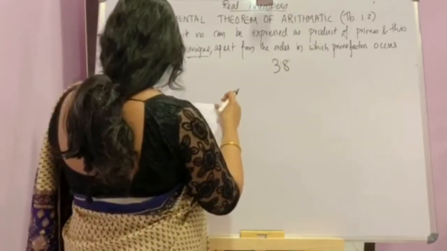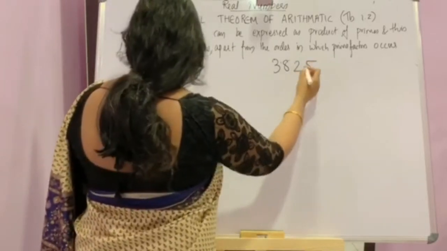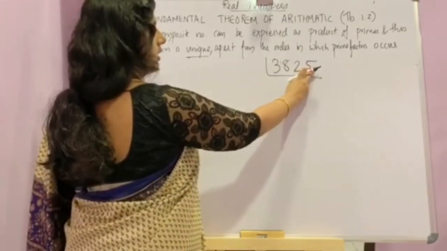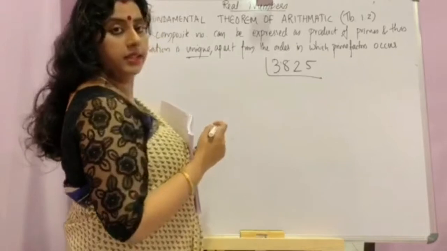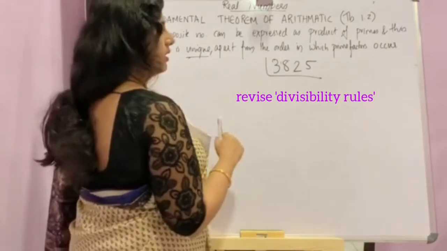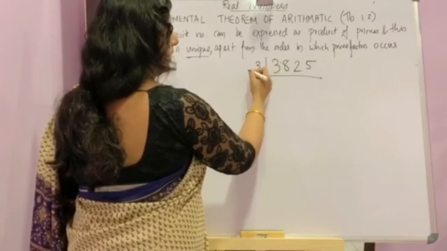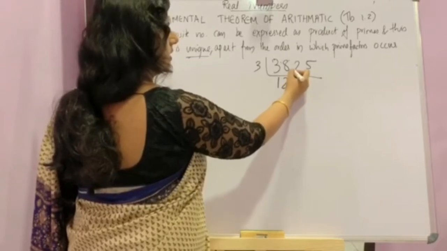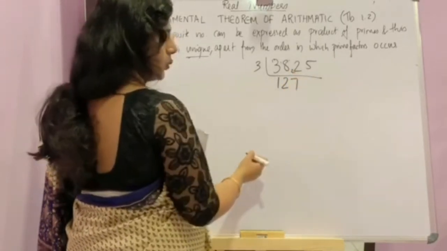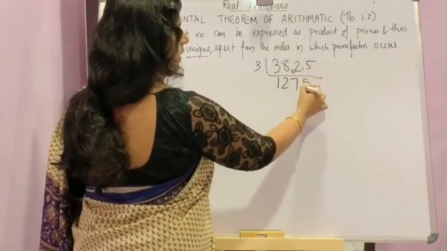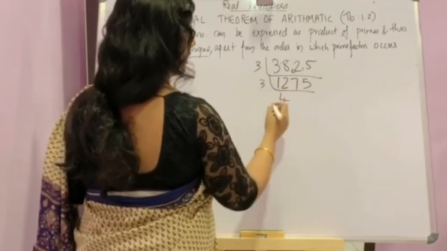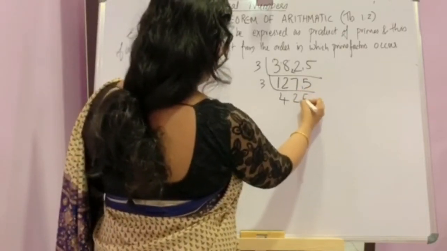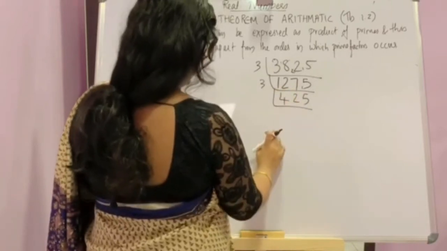Here it is not divisible by 2. We'll check it by the division checking method. I think you studied it in 7th standard. Revise it. Now we will take 3 here. 1 3 is 3. Now in this, 3 2s are 6. Balance is 2. 7 3s are 21. Balance is 1. Now 5 3s are 15. Again 3. 4 3s are 12. Now in 7, 3 2s are 6, balance 1. 5 3s are 15. Now this is not divisible by 3.